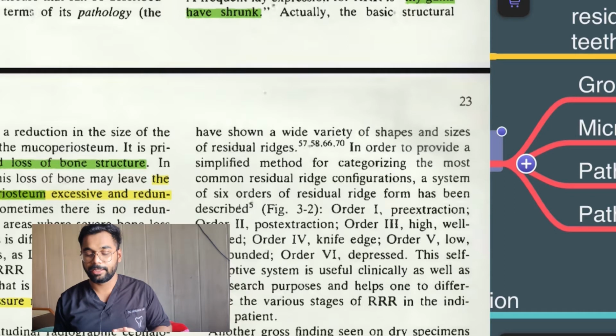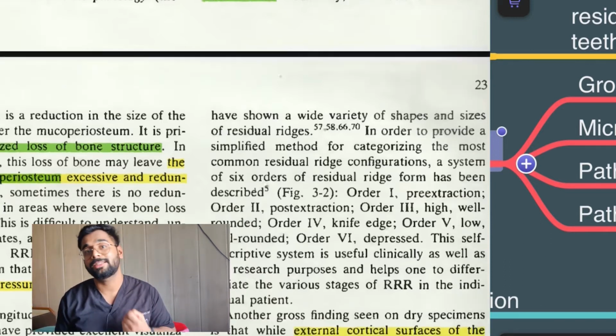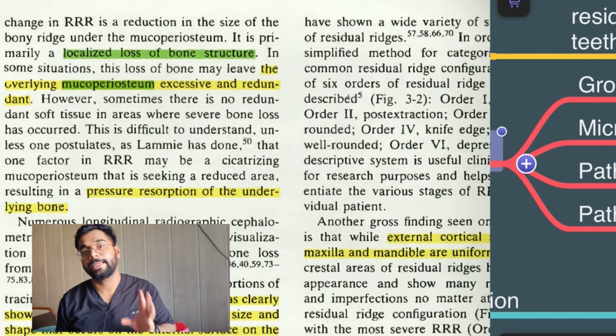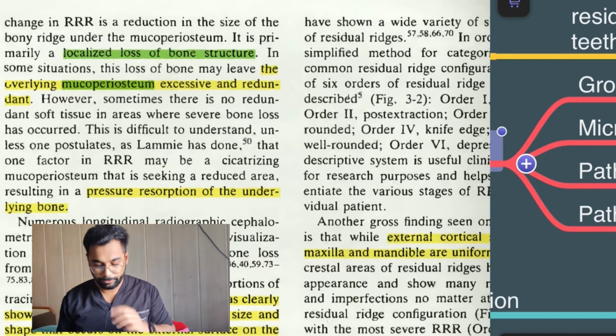When they complain my gums have shrunk, what is the other thing you observe? What is lying underneath that gums? What is lying underneath that mucoperiosteum? What is lying underneath the residual gingiva? It is the bone, the localized bone. The localized bone has shrunk. The localized bone has gone through destruction, degeneration, hyperactivity of osteoclasts. Okay. So, how are we going to diagnose this? This and all we'll discuss in future.